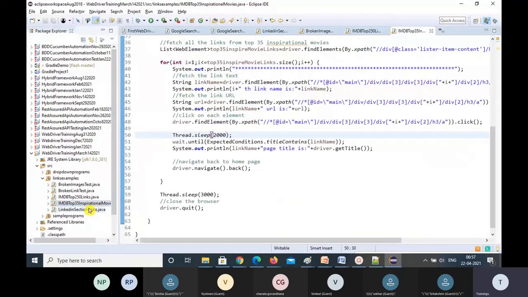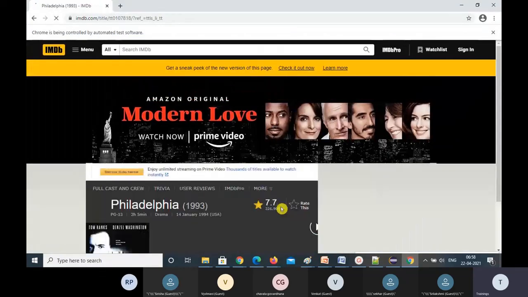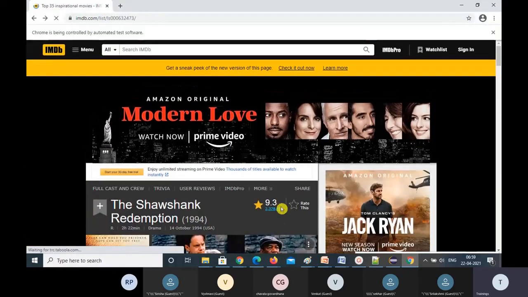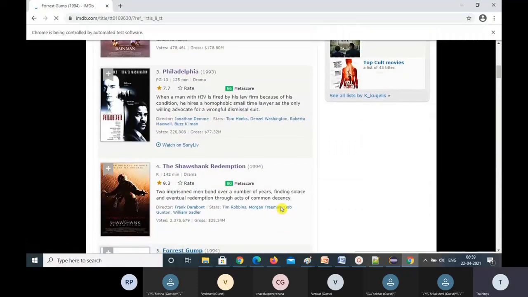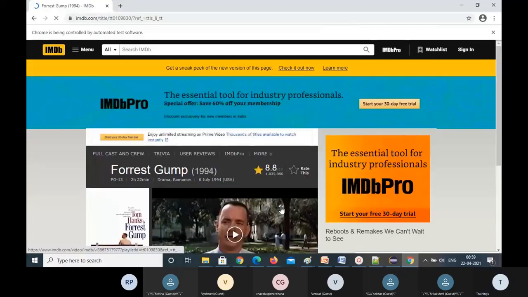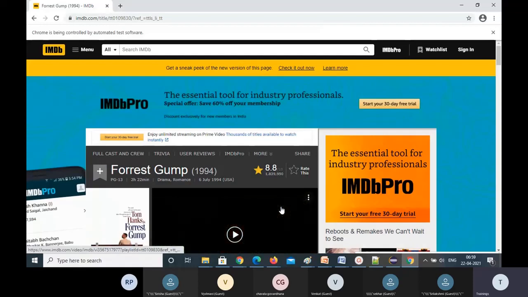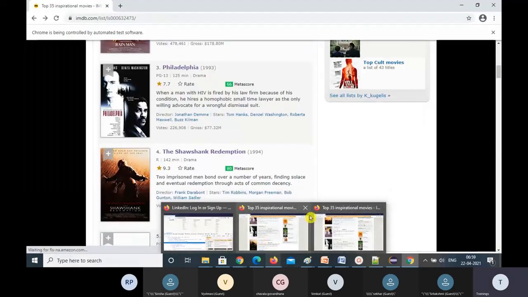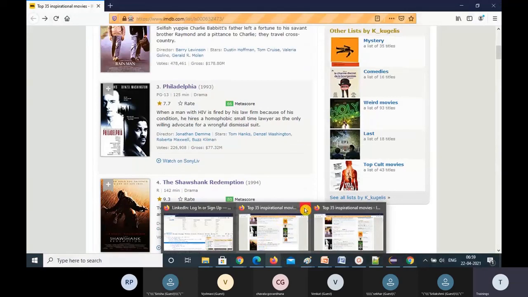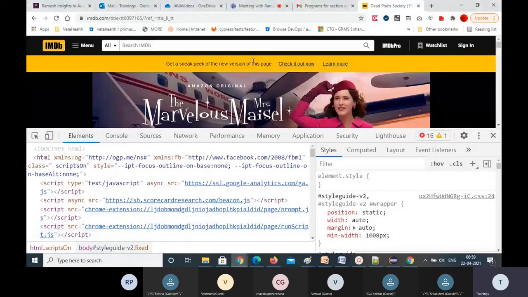Okay, so let me use the Chrome browser. It started the Chrome browser. Okay, second link, third link, fourth link. There it might need a scroller. In Chrome the scrolling is happening, but the Firefox browser might need it. So we need to add a scroller. That is what we are going to learn, how to scroll the pages. That's what we are going to learn today, the scrolling part.